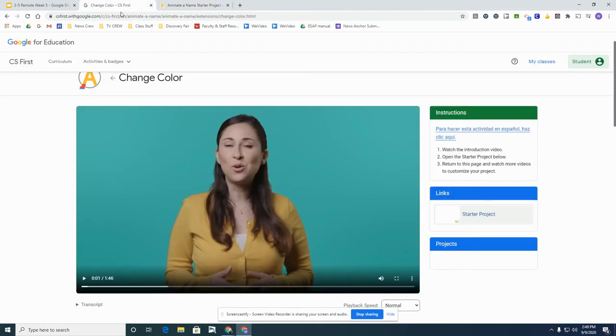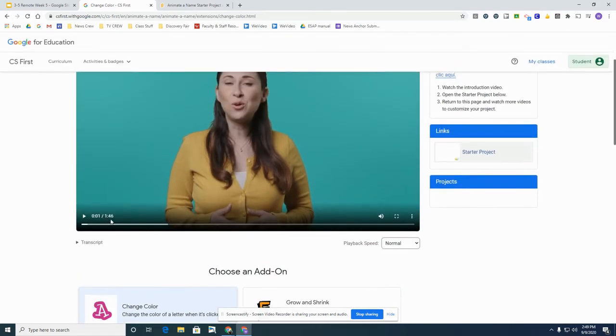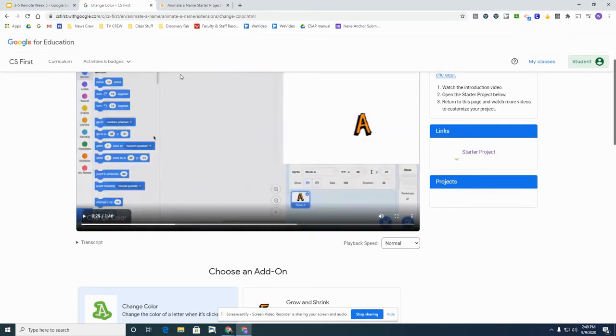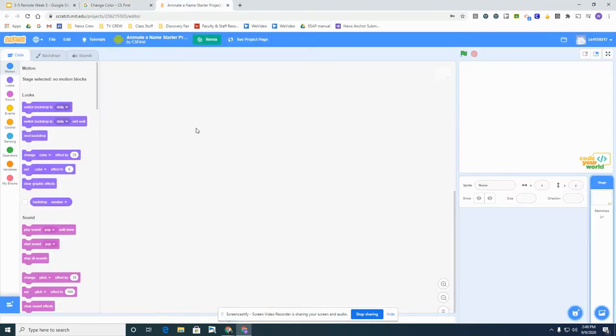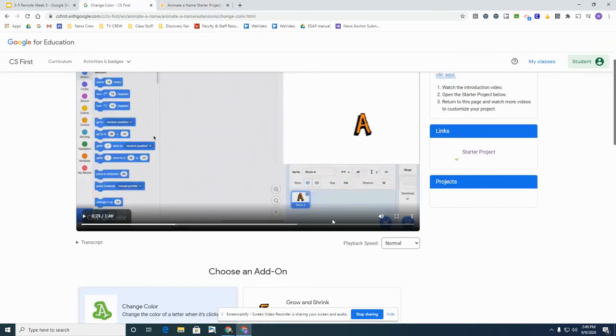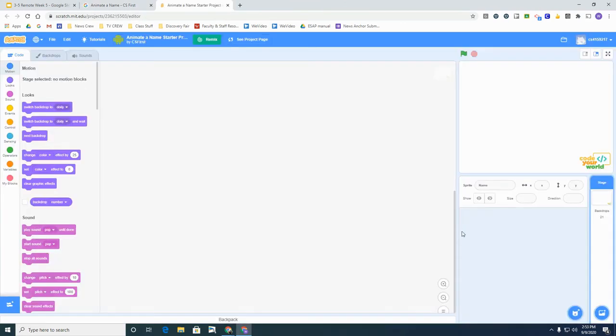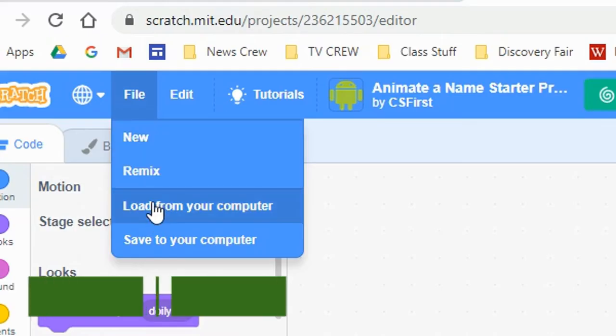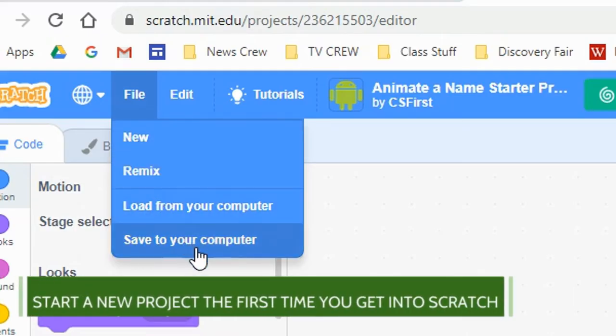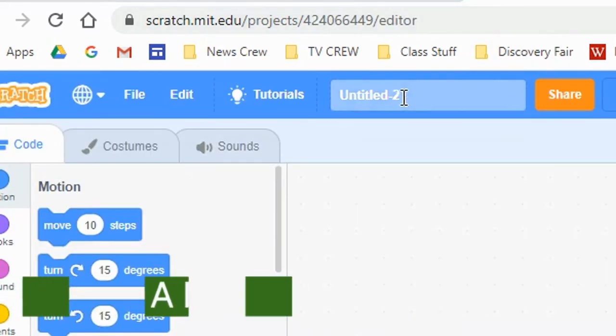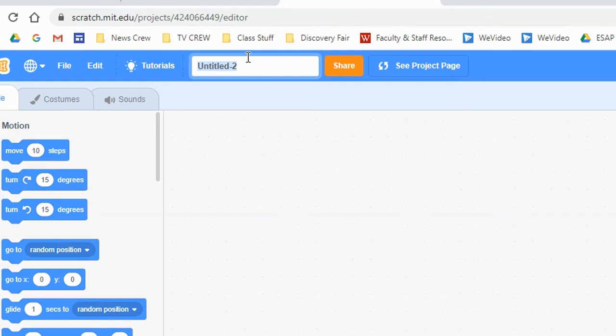And then you can follow along in one tab as they talk to you and share with you how to build your coding project. In the other tab, you can build it and toggle back and forth with your tabs. When you want to work on your project and start it in Scratch, click the Starter Project link. Now this will open up a Scratch project, but you'll notice that you will not be able to save it online at the File menu. So what you'll want to do right away is start a brand new project the first time you are making something. Then you can change the name